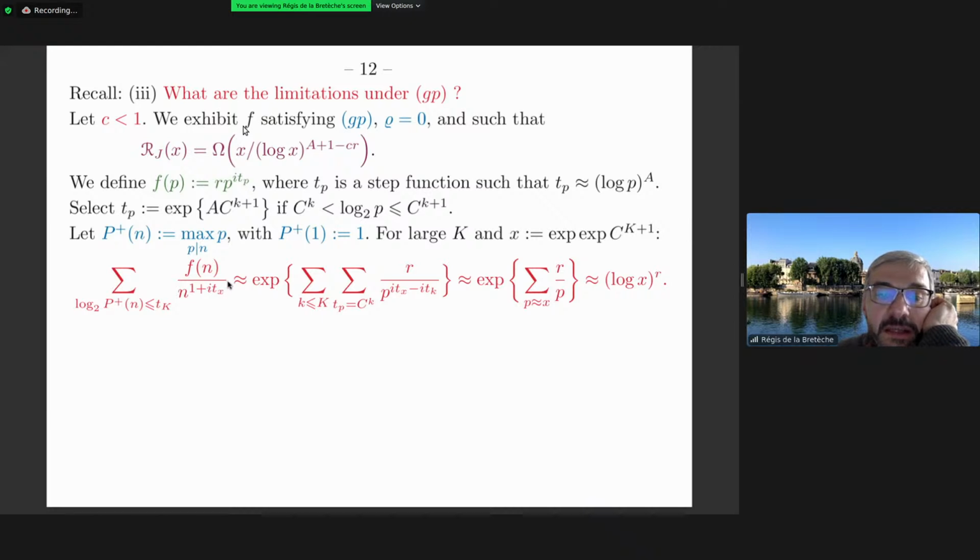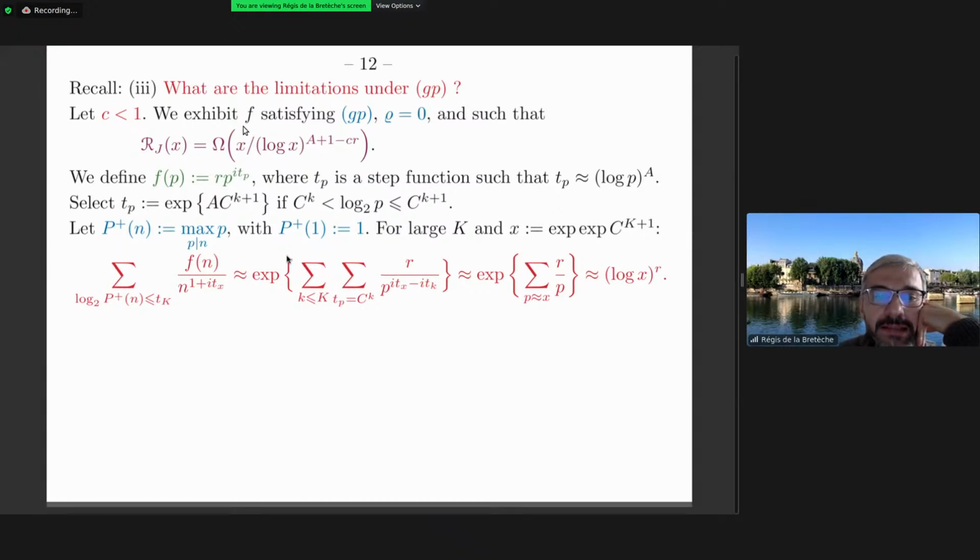It means that this Dirichlet series is very large, it is log x power r. I mean, it explains why it is a good counterexample,